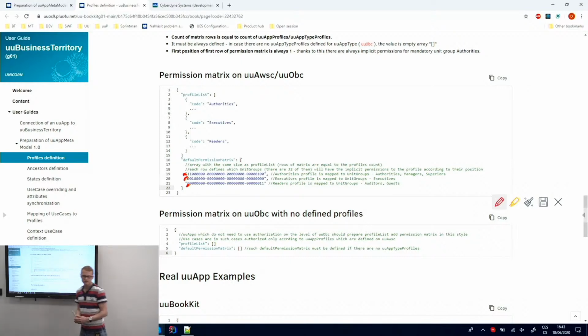The binary masks have 32 positions because there could be up to 32 unit groups. The rule is that the first position in the first row must always be set to 1. If not, we will set it to 1 instead of you,